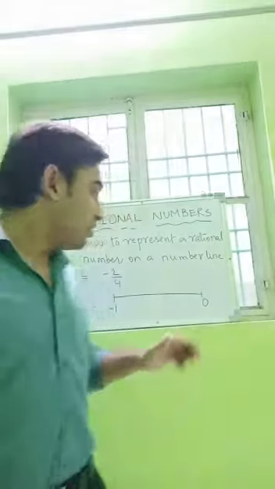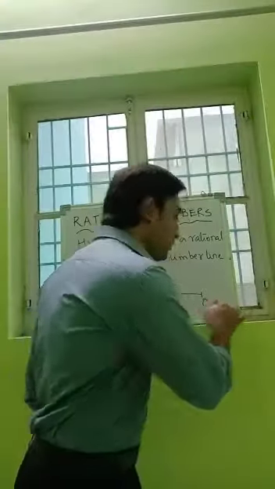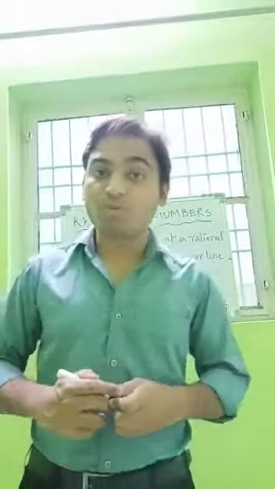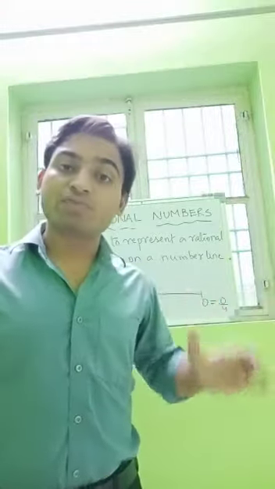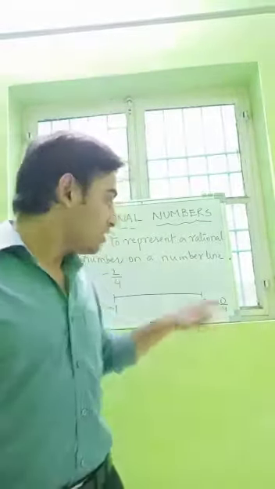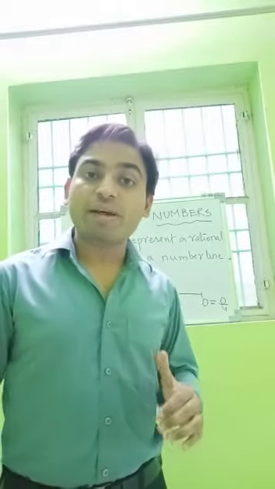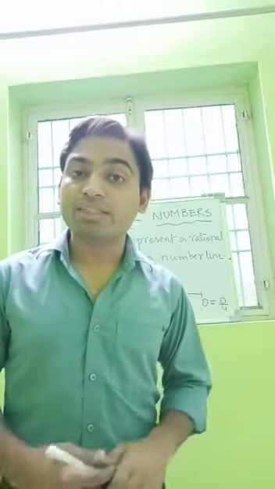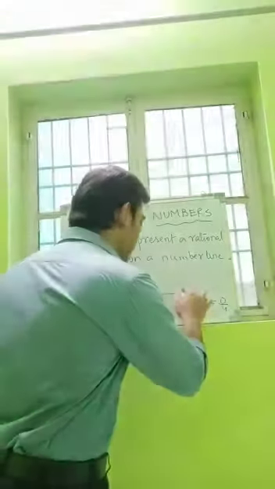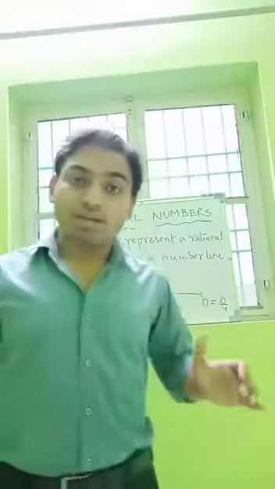Okay, now see, it is 0. Now we will make it as 0 upon 4. Why do we make 0 as 0 upon 4? Because the given ratio number has 4 in its denominator. So we write 4 in the denominator of 0. Okay, so this point is 0. Now see, the given ratio number has 4 in its denominator. This means that we will divide the given number line in how many parts? Yes, 4 parts.